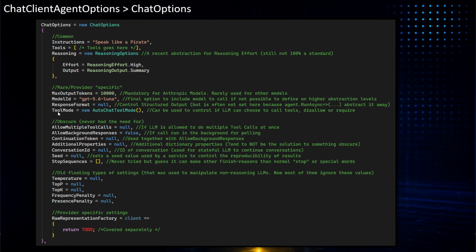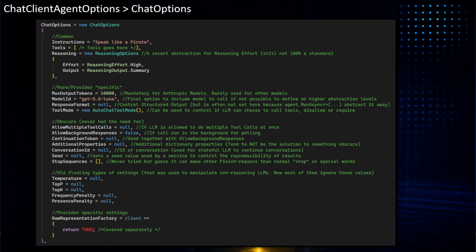The final one I put in rare is tool mode. Tool mode is where you can actually control how the LLM is being instructed of what it must do with tools. The default is auto, meaning that it's allowed to either call the tool or not, depending if it feels it's okay or it needs to.